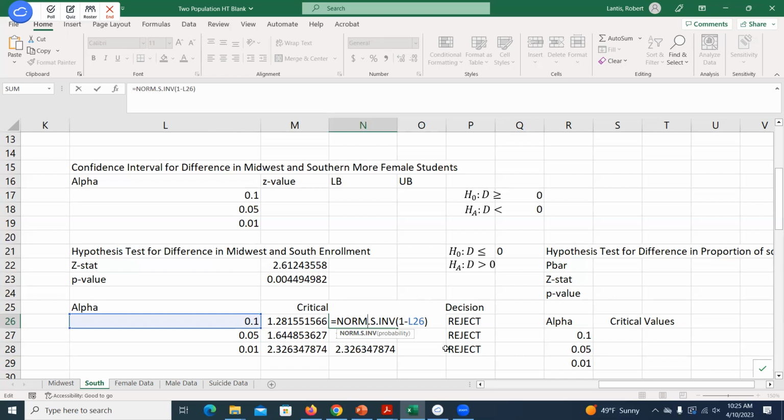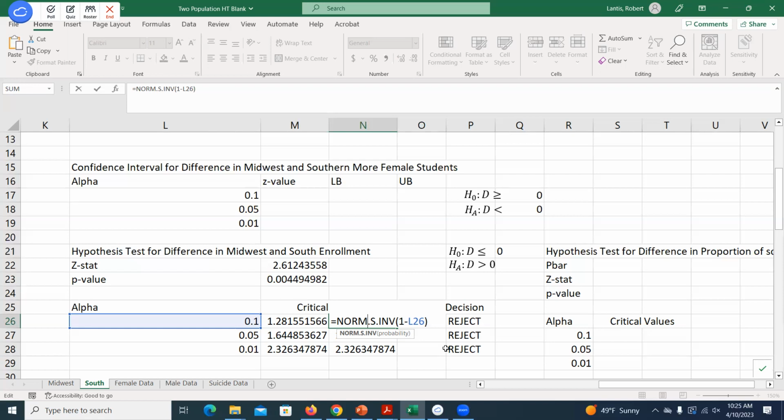Now, what's a way I could check this in Excel? So I have a nice visual. I know what the rejection decision should be, reject at every single level. But one thing I said, if we go back, anytime our test statistic is more extreme than our critical value. Now, for a right-tailed test, this is easy. The reason why I say more extreme is because for a left-tailed test, being more extreme is actually going to be a lower value. So one thing we can always do, if I just want it to be more extreme, I'm just concerned with magnitude. Another way of saying that is, if the absolute value of my test statistic is ever larger than the absolute value of my critical value, this is a situation where it's going to be in my rejection region,